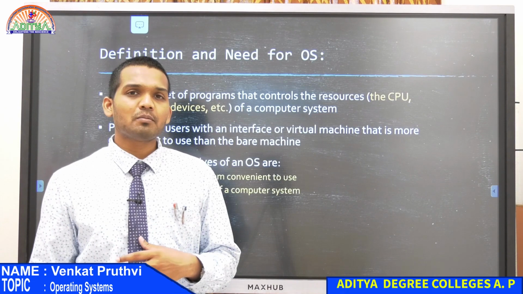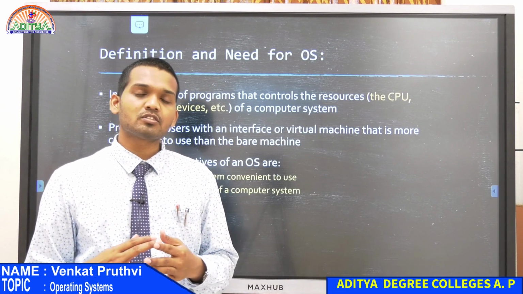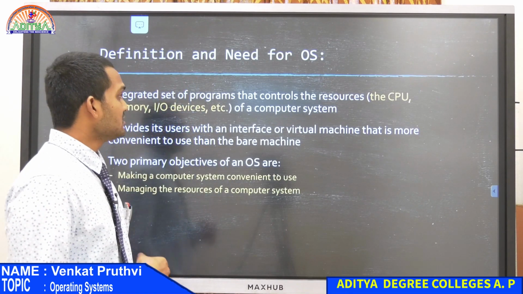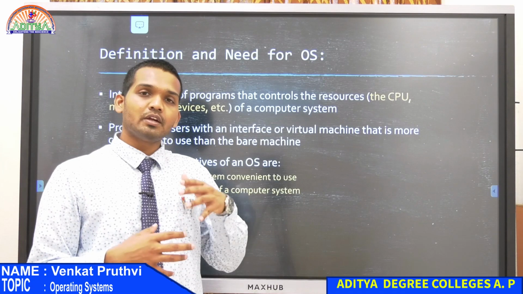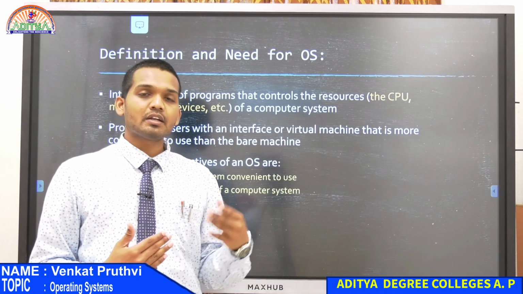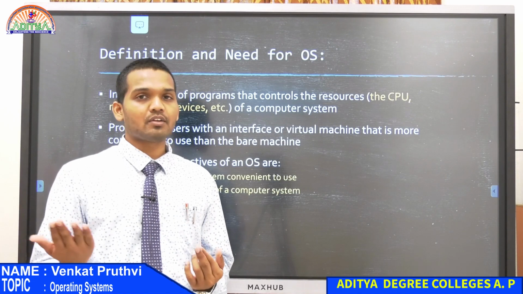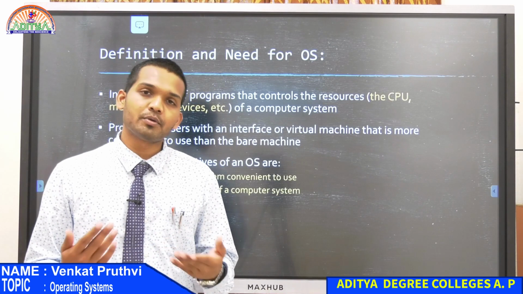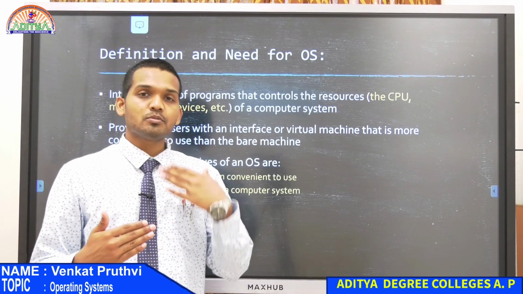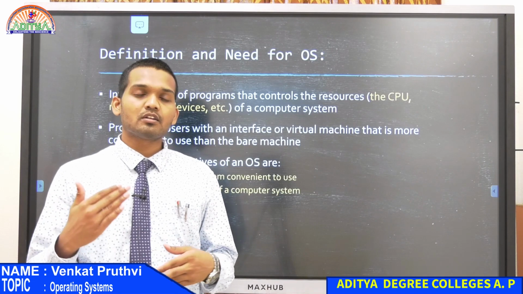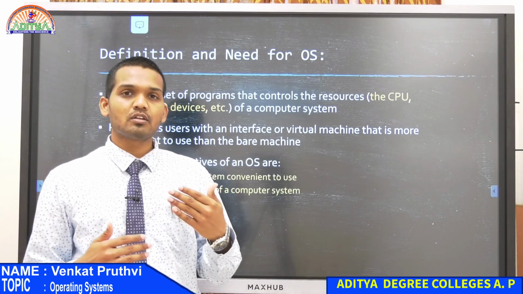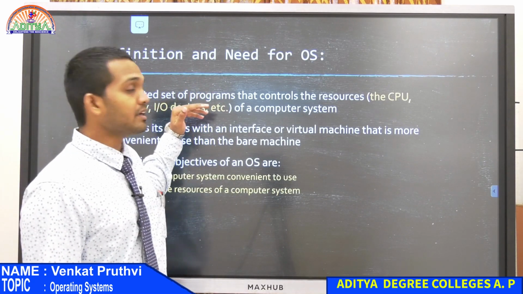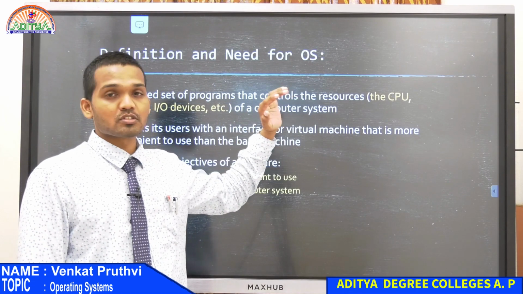Now, the CPU is all about instructions, and the CPU is made up of hardware, right? So, in such a case, there should be some interface or some software that interacts between the user and the hardware that is connected inside your computer. In between these two, there should be some kind of interface that talks between them and manages the overall operations of the task. For that, we have an integrated set of programs that control the resources.